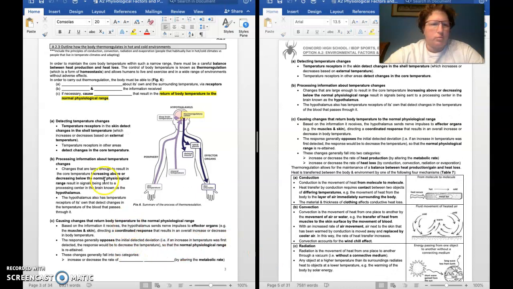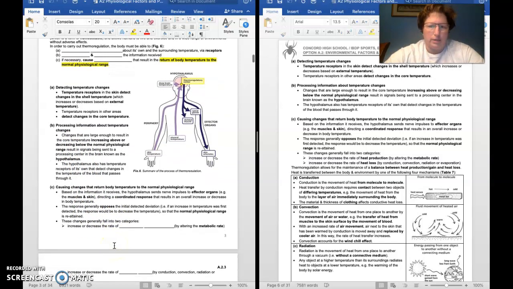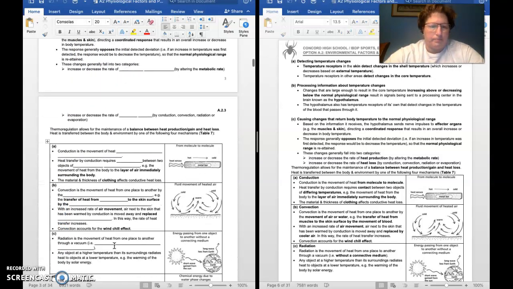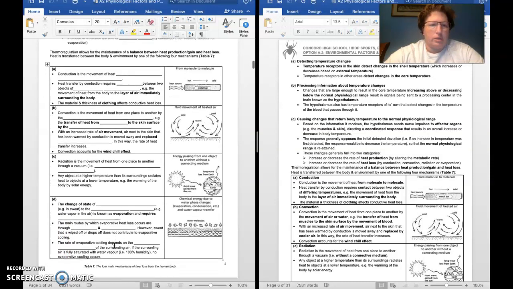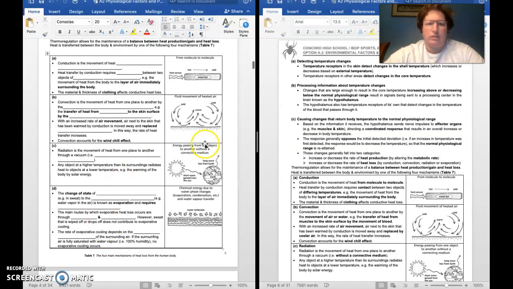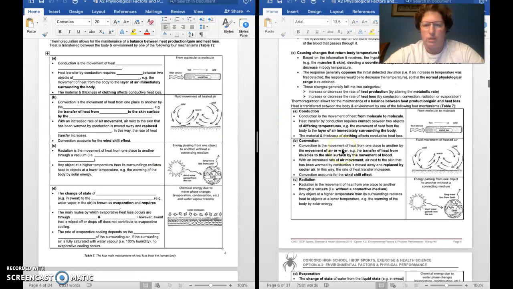All right, so when we detect temperature, temperature is detected within the skin. And then we process it in the hypothalamus, and then we have a change in metabolic rate. Thermoregulation allows for the balance of heat production and heat loss, so it's what helps to maintain homeostasis, and it